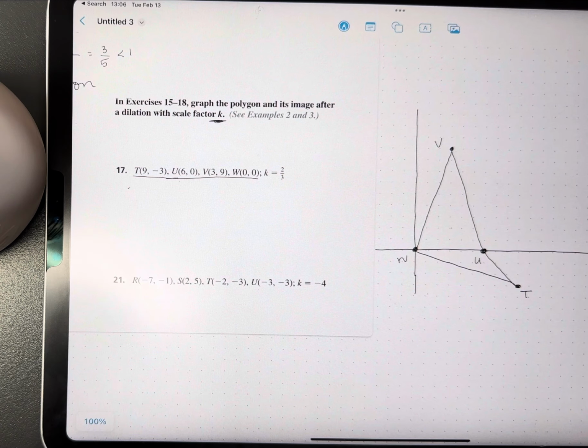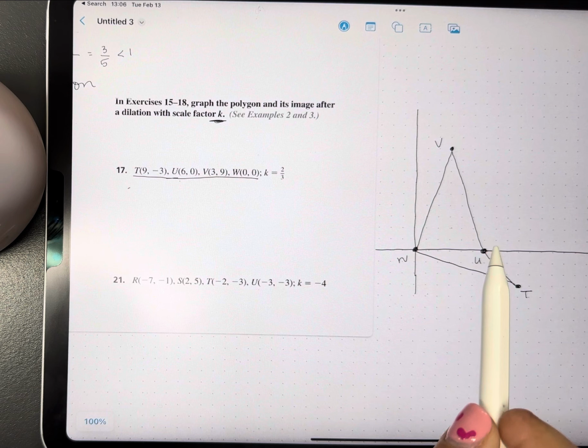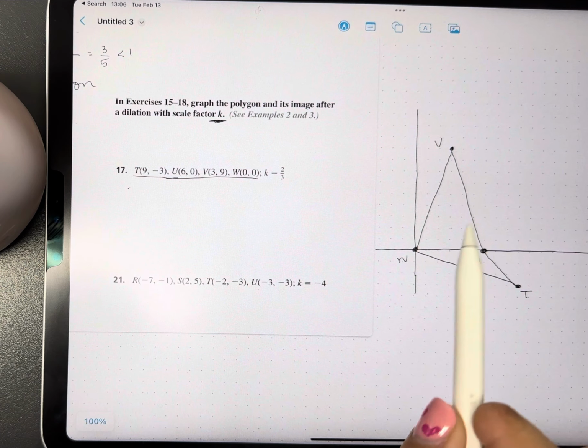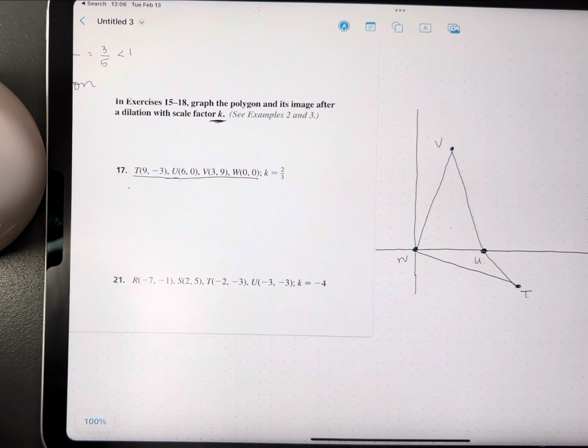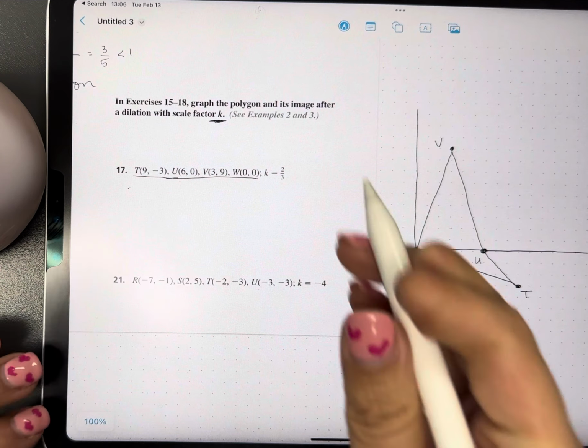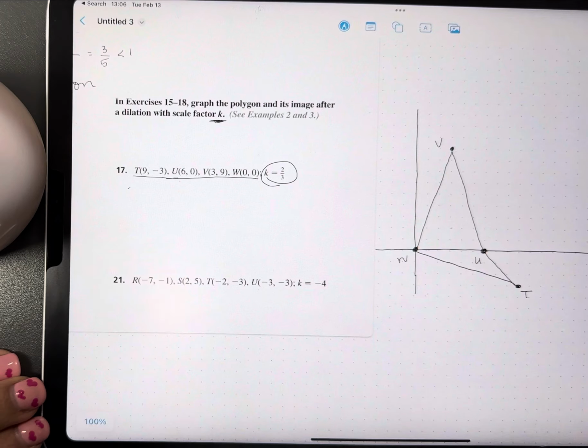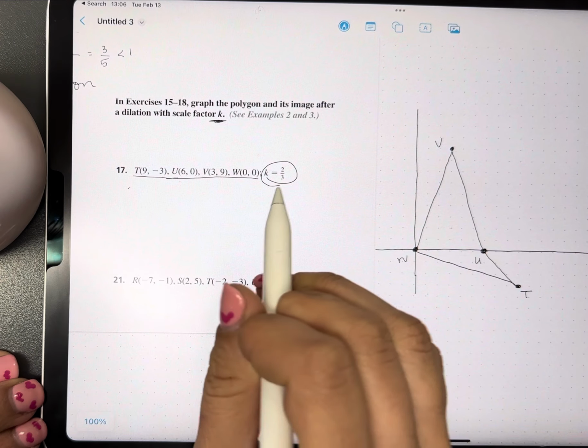Okay. I don't see that I've made a mistake, so this is the figure. It's funny looking, but no problem at all. There it is. Okay, so this all is my original, and now I've got to perform this scale factor 2/3,